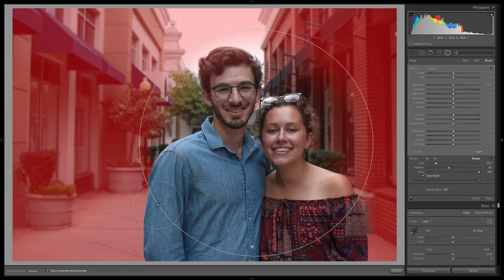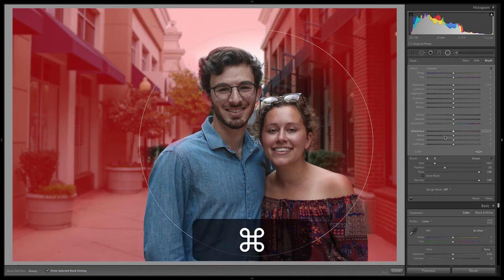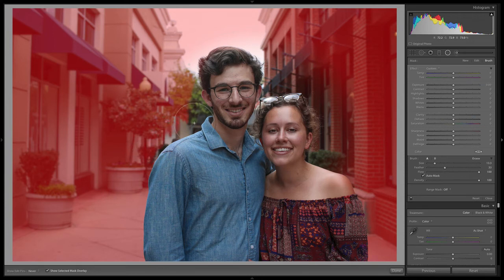But with his shirt, you can tell, even though I'm painting over the edge of his shirt, the background is not being selected because I first clicked on his shirt. And so it knows that this color and that exposure is what I'm trying to select. And same with his hair. By painting up here, we're not really picking his hair. If I want to brush on it, I can just click this A and then start brushing on just a little bit more.